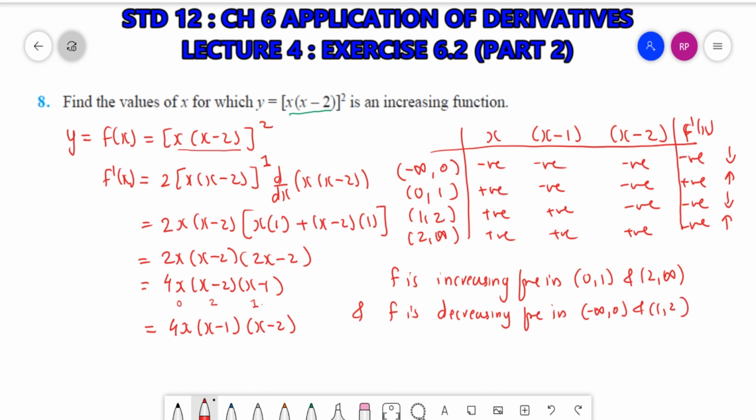Where you need to verify, you can take any value. Let's take minus infinity to 0, means minus 1. So minus 1 is negative, minus 1 minus 1 minus 2 negative, minus 1 minus 2 minus 3 negative. From 0 to 1, let's take a middle value 0.5: 0.5 positive, 0.5 minus 1, minus 0.5 negative, 0.5 minus 2, minus 1.5 negative, right? And so on. But we can use the shortcut if it is arranged properly, like first about 0, then 1, and then 2. Okay? So this was about question number 8. Just note it down.